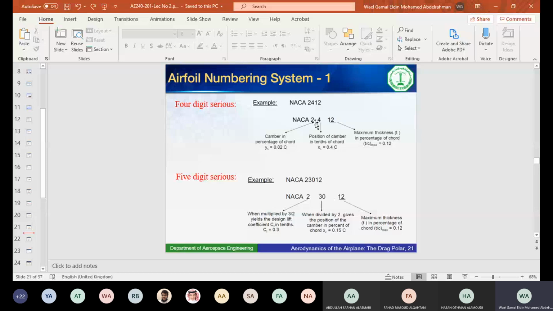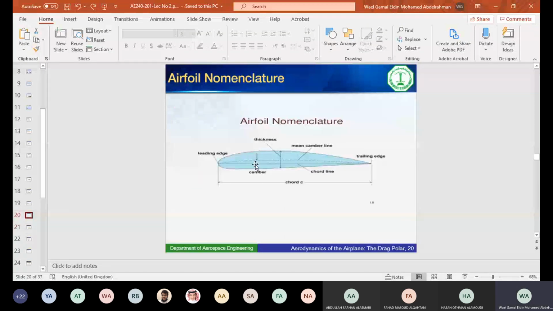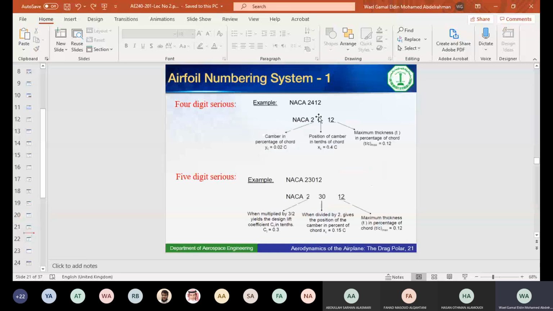And the second number tells me the position of the camber. Where is the maximum camber? In the figure that we have, this is the maximum camber here. It occurs maybe at 20% of the chord. If that's the case, I would put 2. If that distance is 40% of the chord, then I will put 4. So I can simply draw this airfoil by looking at its numbering. Airfoil